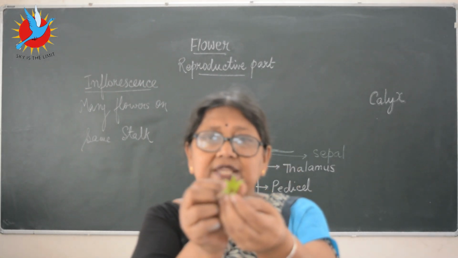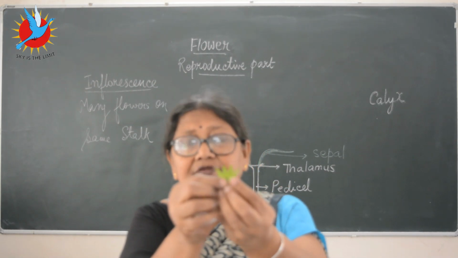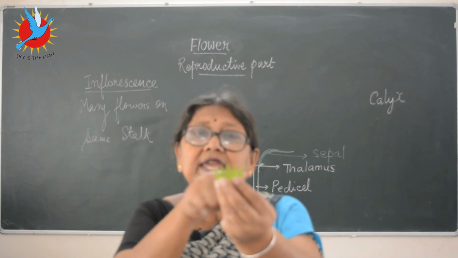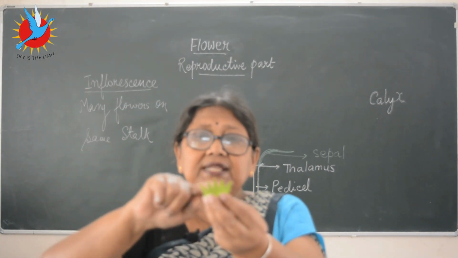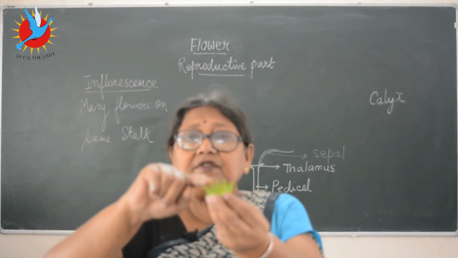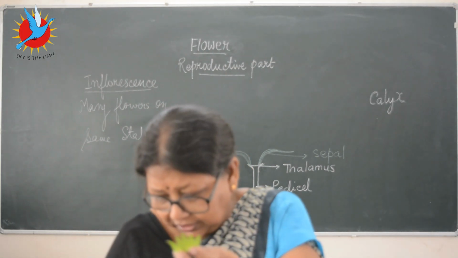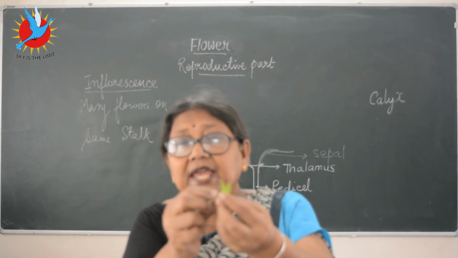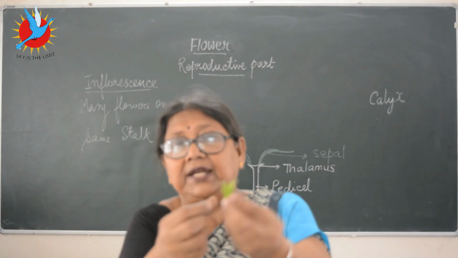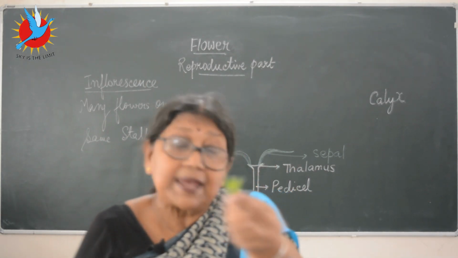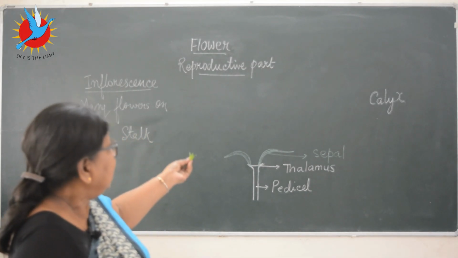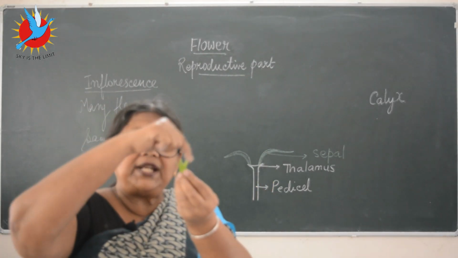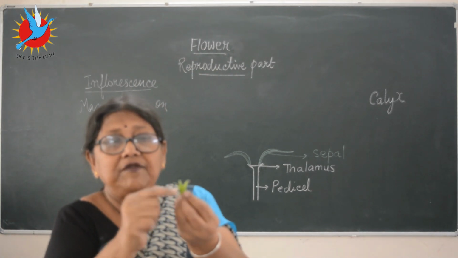In a circle, it was present like this in a circle, but I've cut it open and I've separated it from the flower. This whole thing is called calyx. But you can see this is made out of individual 5 leaf-like structures. Can you see these individual 5 leaf-like structures? Sorry, each one is called a sepal. I've written it for you there already. Each one is called a sepal. So this calyx, the whole whorl calyx, is made out of sepals.